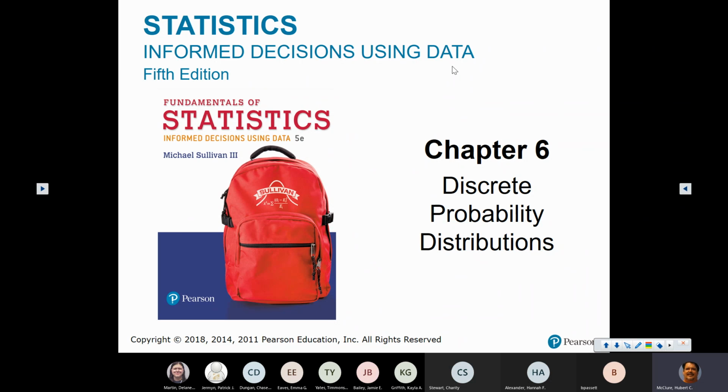The event will be discrete, meaning like households. I use households a lot because you can't have 2.5 households. So when I'm talking about discrete,